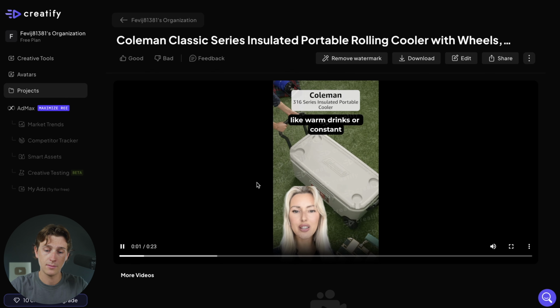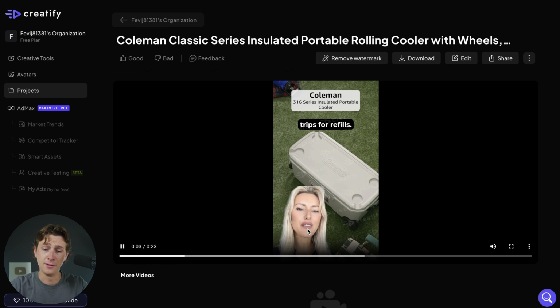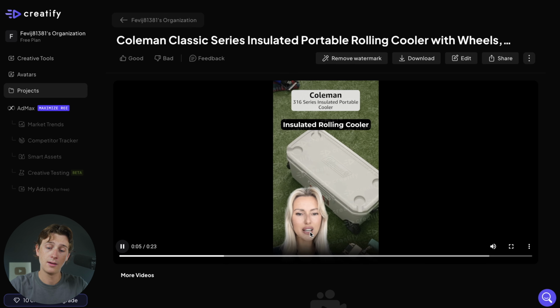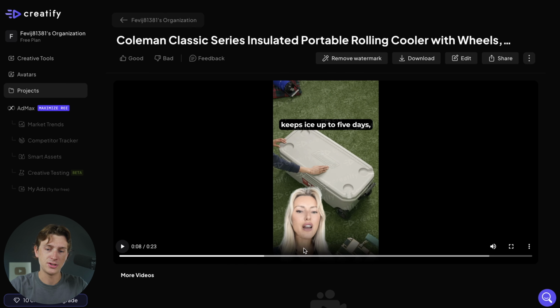Nothing spoils an adventure like warm drinks or constant trips for ice. Classic series insulated rolling cooler keeps ice up to